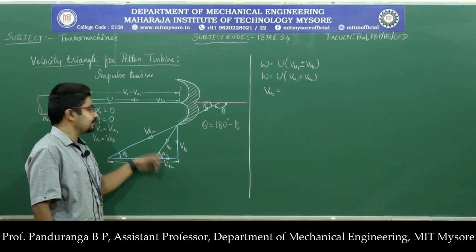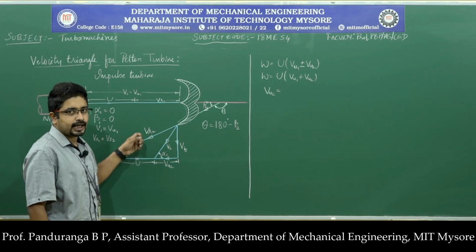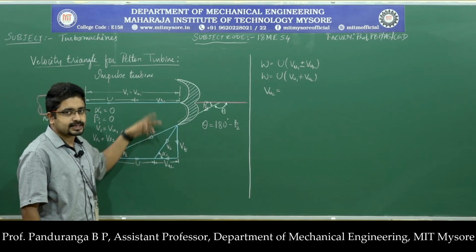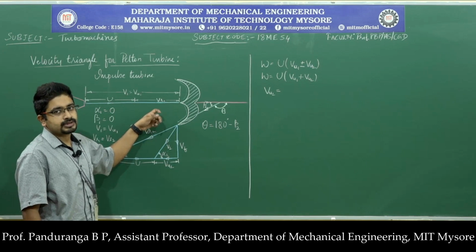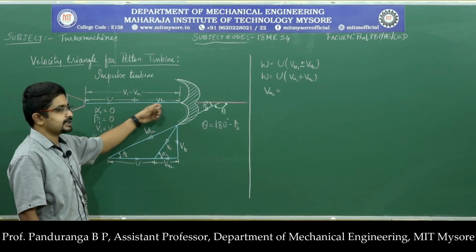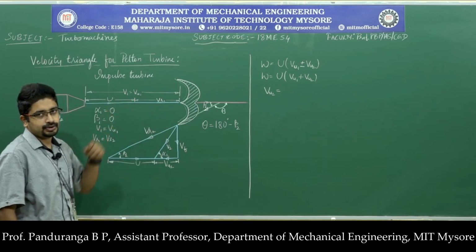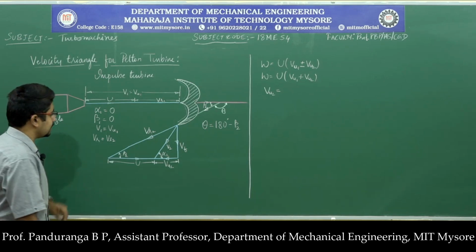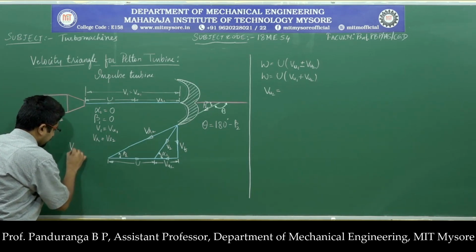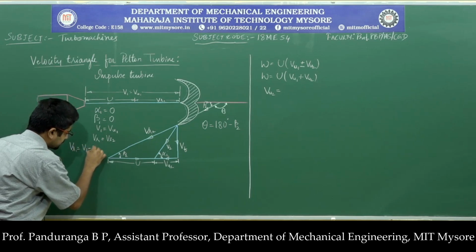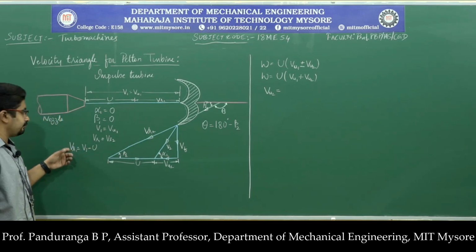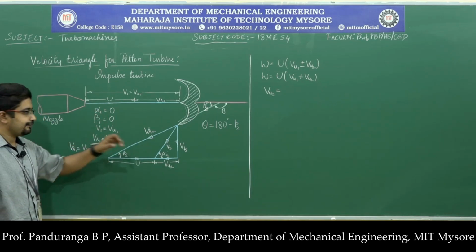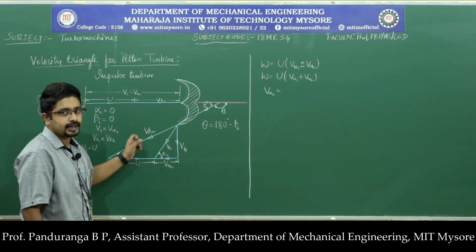So if I represent Vu2 in terms of VR2, then I will be able to represent VR2 in terms of VR1, because they are same. I can just replace VR2 by VR1. Once I do that, I will be able to represent VR1 in terms of V1 and U, because here we just have a line, we don't have a triangle. So in that case I can write VR1 will be equal to V1 minus U. So I will be able to represent Vu2 in terms of V1 and U if I represent Vu2 in terms of VR2.